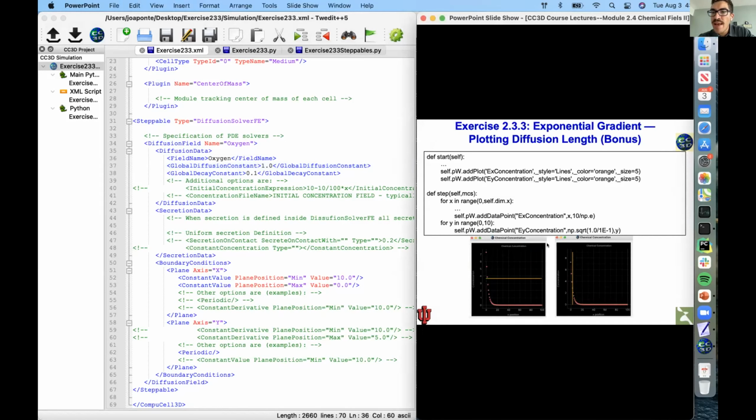So as a bonus, I added additional code in the code that I shared with you. I added a line that shows what the value is when the original concentration decays by a factor of E, right? And I added a line that measures at what distance that concentration has decayed by a factor of E, which is gonna basically determine what your